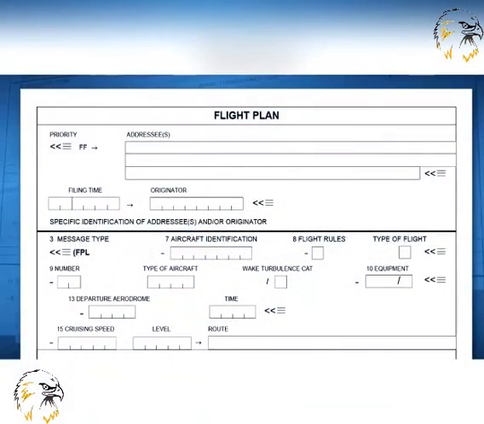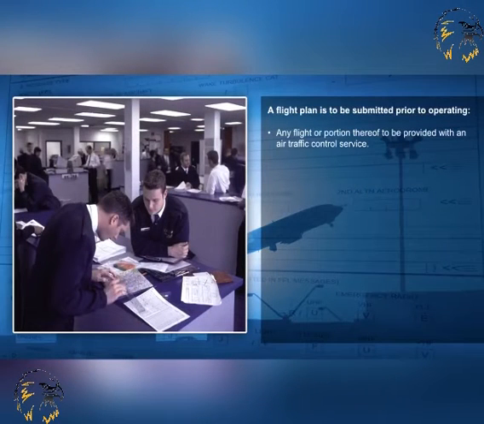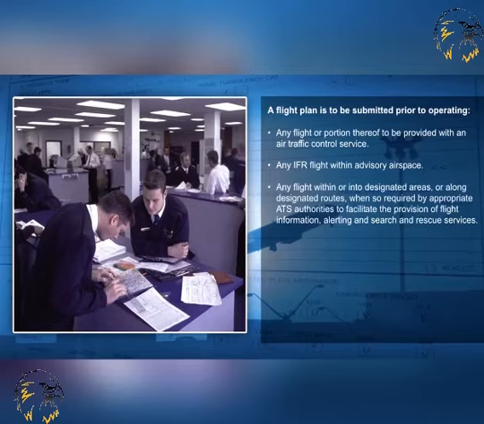A flight plan is the means by which an ATSU is notified of your intentions to fly, and, where necessary, to request clearance to fly as a controlled flight. A flight plan is to be submitted prior to operating any flight or portion thereof to be provided with an air traffic control service, or any IFR flight within advisory airspace, or any flight within or into designated areas or